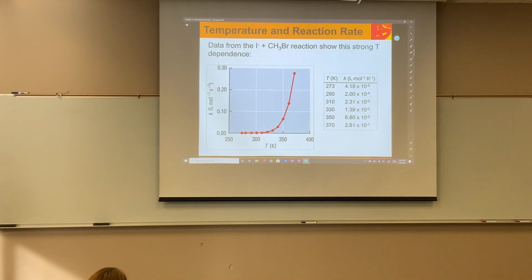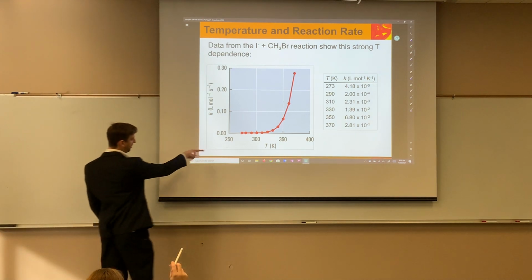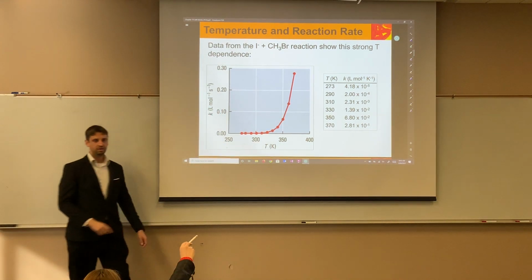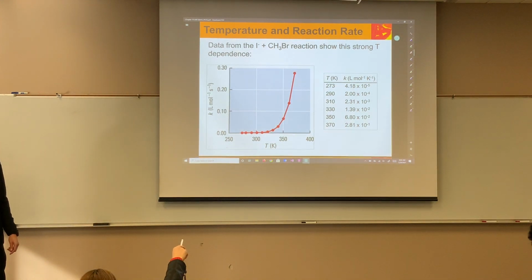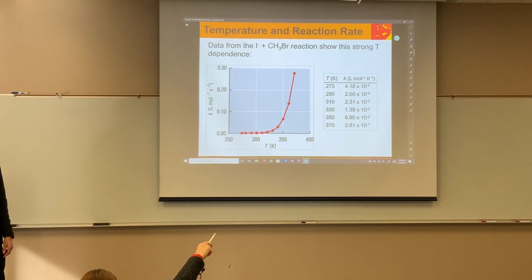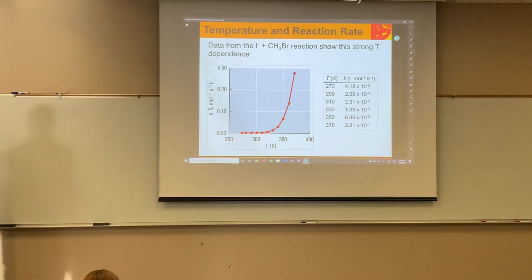Wait, I'm slightly confused. The T, K on the graph there, that's temperature, right? And so K is inversely proportional to the speed of the reaction? No. The higher the temperature, the faster the reaction goes, right? So increasing temperature, right, increasing rate. But over there, it's like when T is big, the K value is small. 2.8 times 10 to the negative 1 is much bigger than 4.8 times 10 to the negative 5. Oh, yeah, sorry. I was reading the answer, sorry.